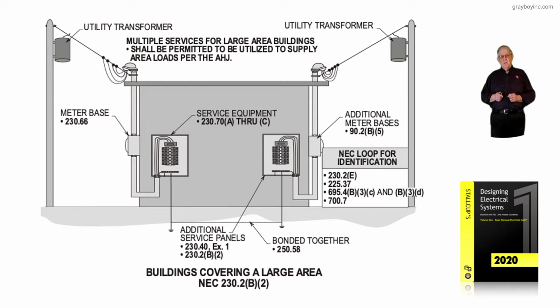Now this illustration deals with buildings covering a large area. Usually these buildings we're talking about here are not necessarily high-rise. They're facilities with a great amount of roof area above the square footage slab of the facility. And the building is of such large capacity that feeders to sub-panels would have such a voltage drop and such